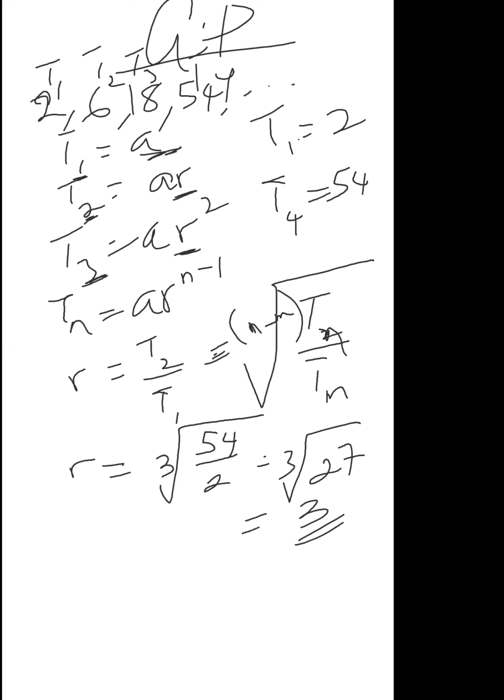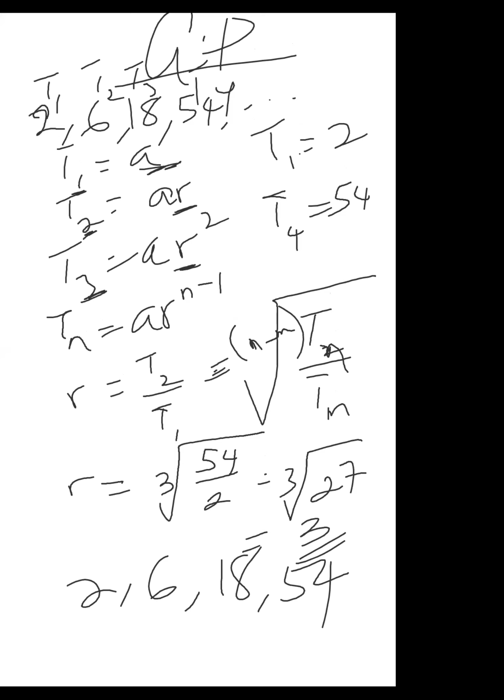So I can easily get the other ones. 3 times 2, the next one will be 6. The next one will be 3 times 6, 18. The next one will be 3 times 18, 54. So that is if we want to find the value of